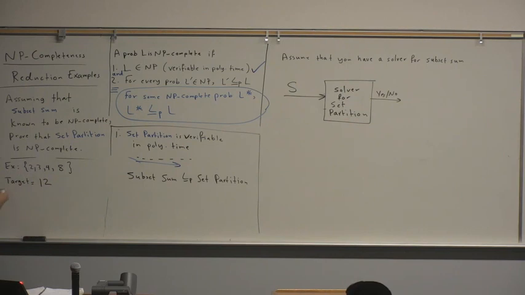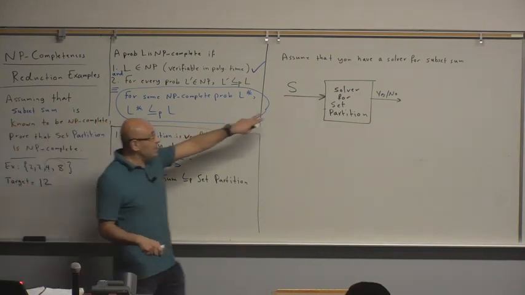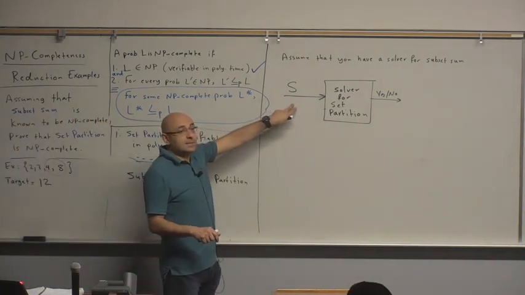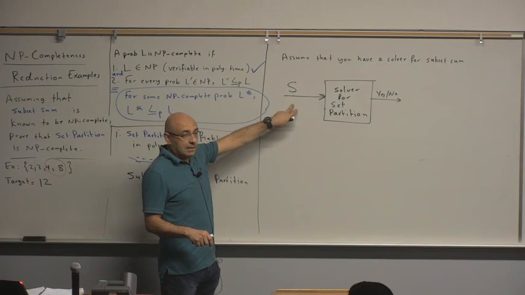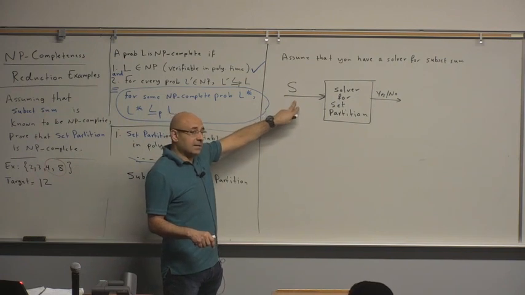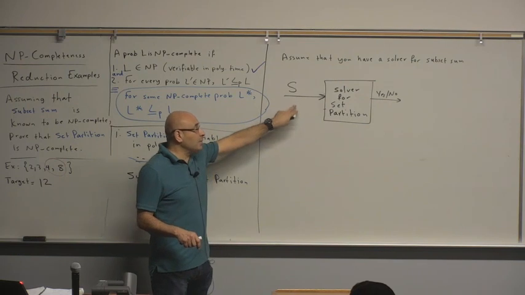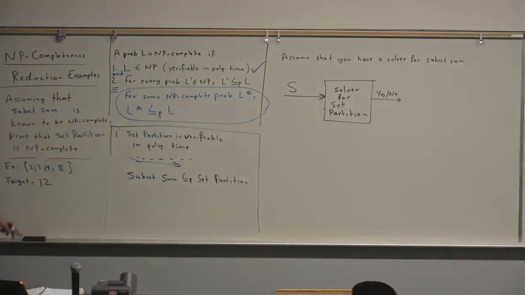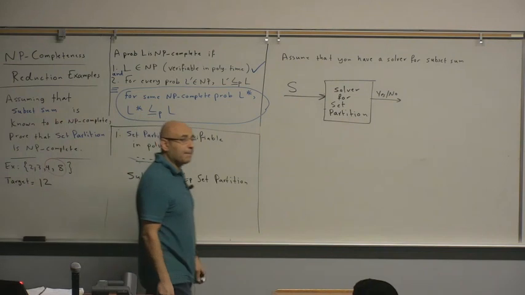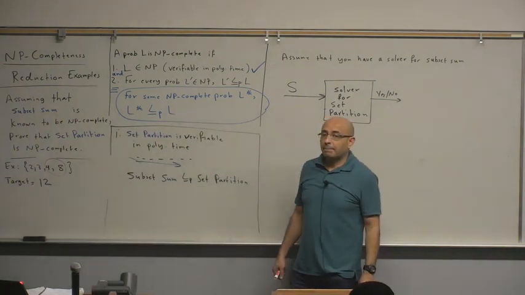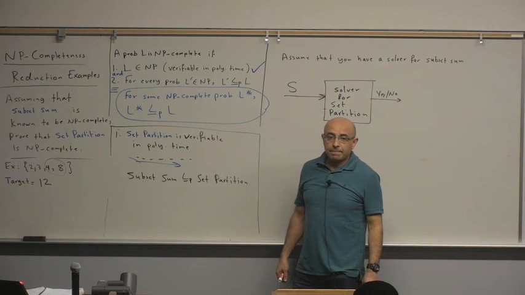How do you make it say yes? How do you make this say yes? It doesn't take the 12. You can only input a set, and it tells you if you can split it in half or not. That's what set partition does. How can you use this to solve this problem, which takes two parameters, the set and the target? Yes. We can add one more element to the set, which is the total of the set